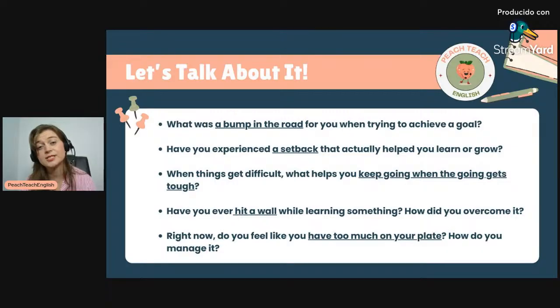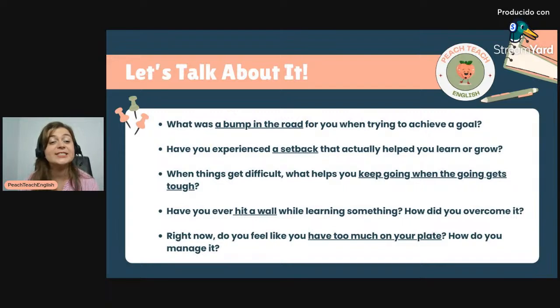So it really was a huge setback. And basically, what it helped me realize is that maybe I didn't really want to play college sports that bad. I decided to take another path and didn't pursue that goal. Okay, so let's go ahead and look at number 3.